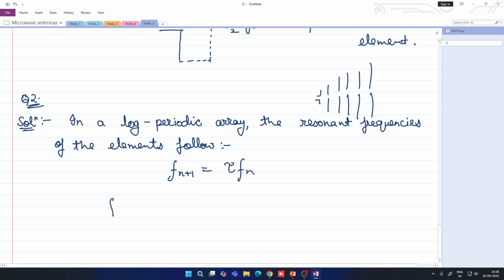So where f1 is the first element, f2 will be tau times f1,